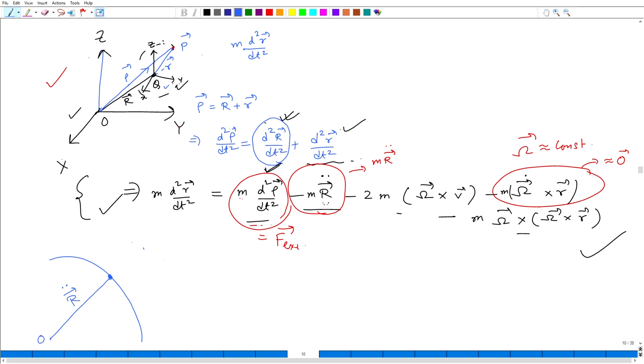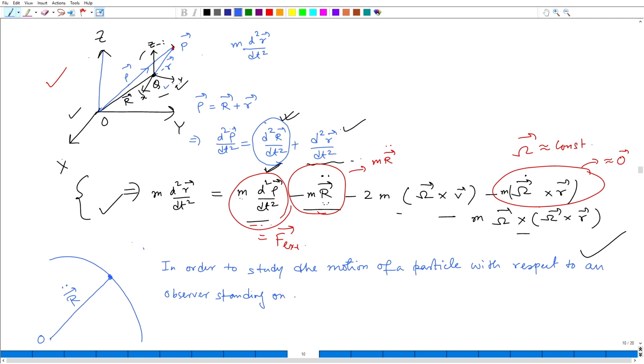just to write, in order to study the motion of a particle with respect to an observer standing on earth, we neglect the effect of seasonal motion of earth around the sun,